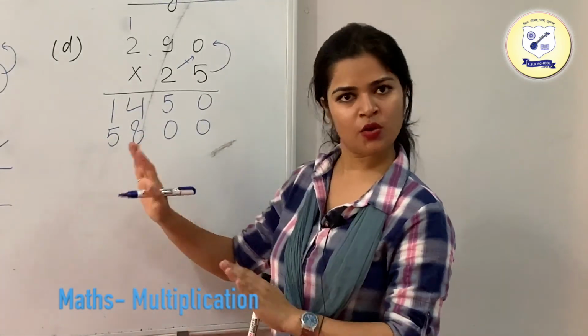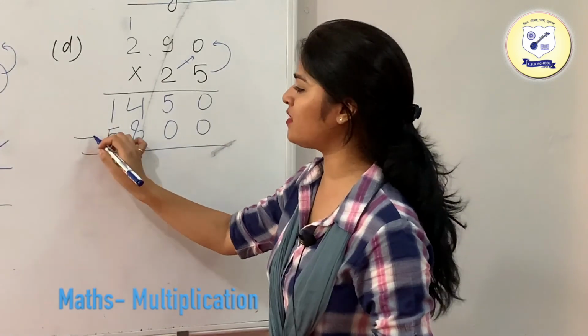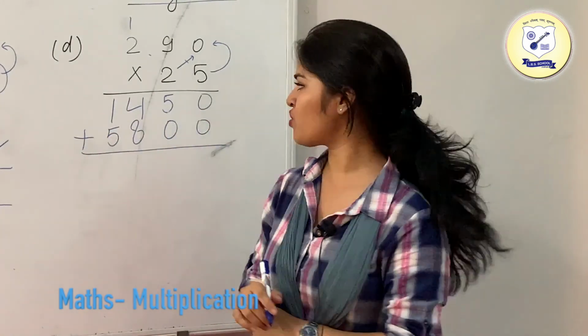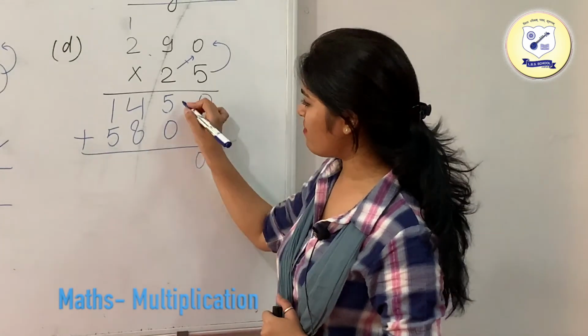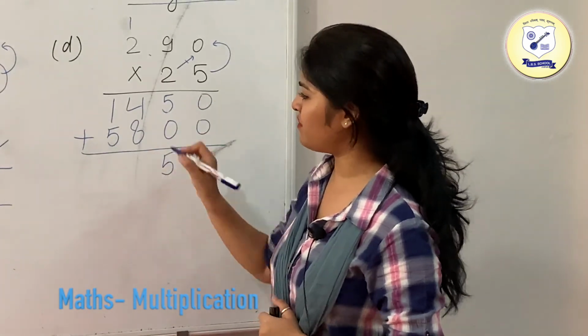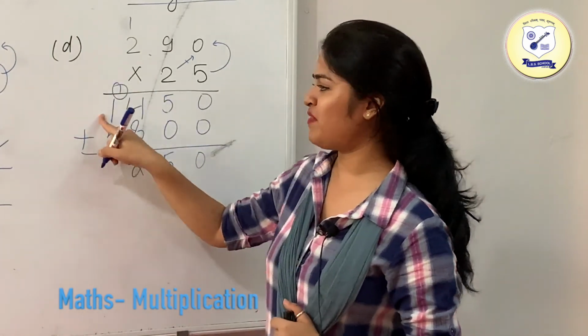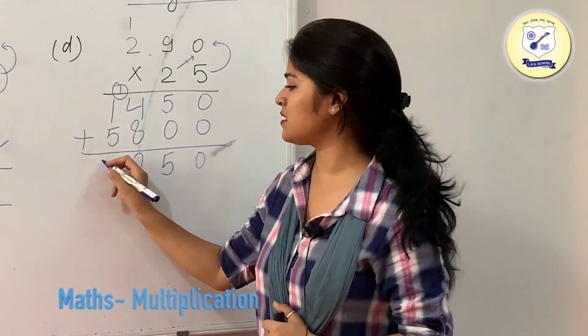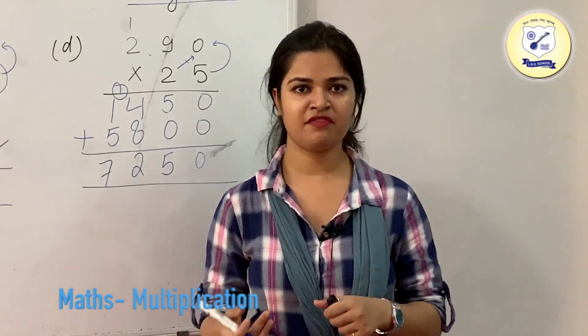Now this is it. We have multiplied the 2 digits with the above numbers. So now just add the results of the multiplication of 2 digits. So this is going to be 0 plus 0 is 0. 5 plus 0 is 5. 8 plus 4 is 12. 5 plus 1 is 6. 6 plus 1 is 7. So this is your answer, which is 7250.